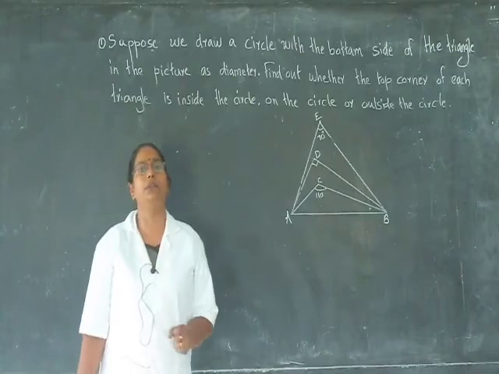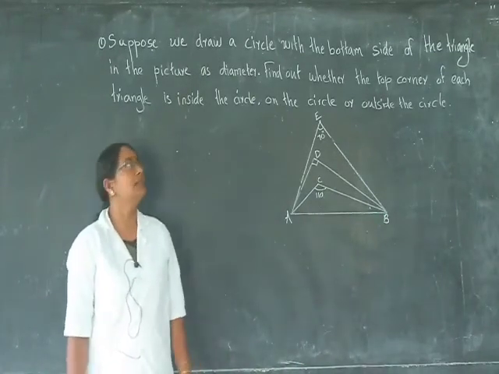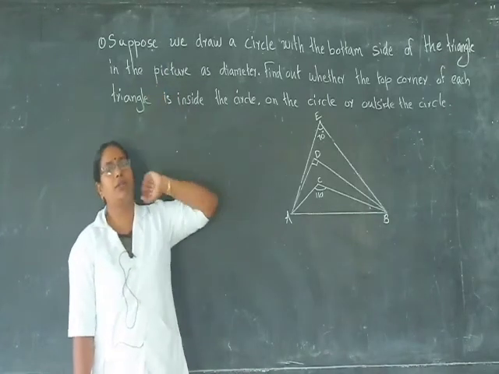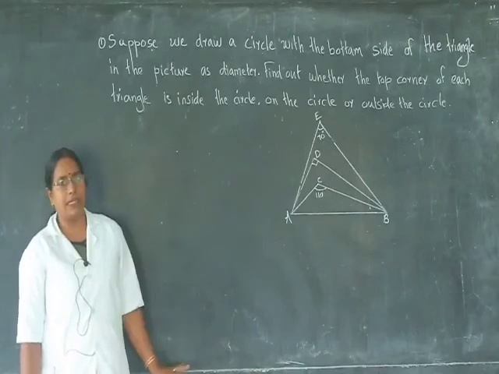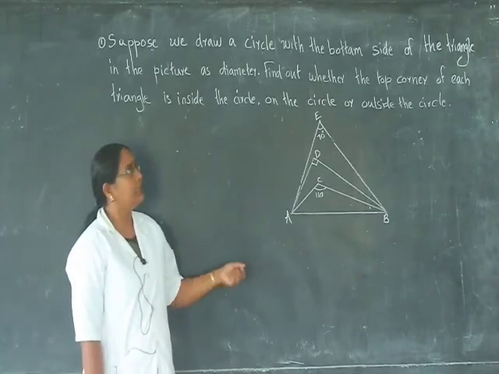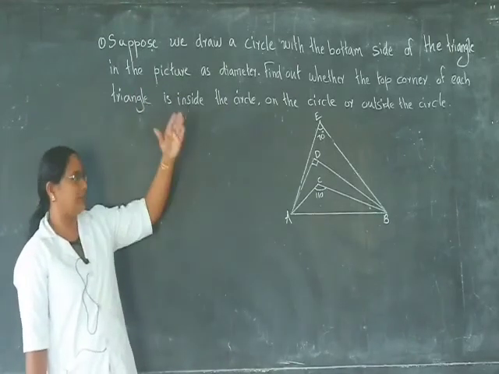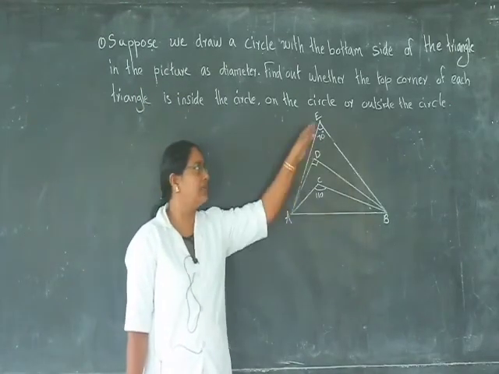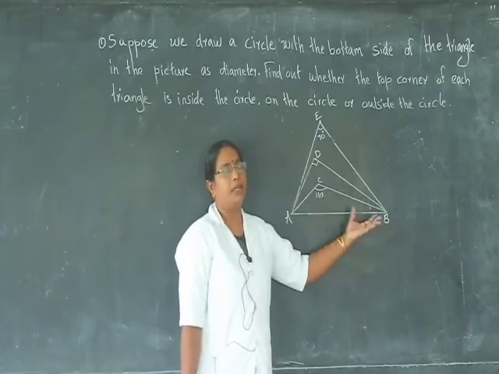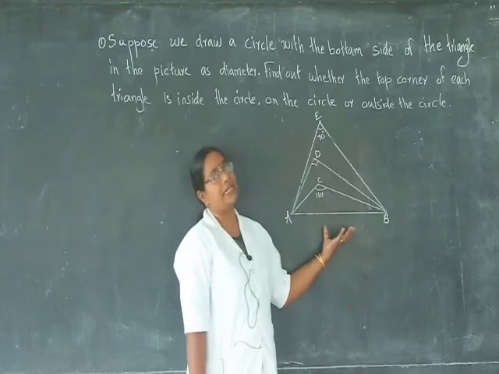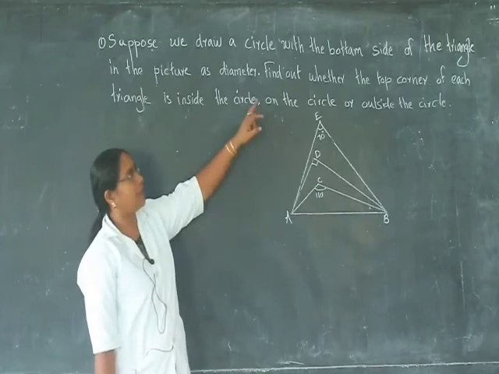we will do the first problem from the circles chapter. First, we want to read the question. Suppose we draw a circle with the bottom side of the triangle in the picture. Here one figure is given with triangles whose bottom side is AB. With AB as a diameter, draw a circle. Find out